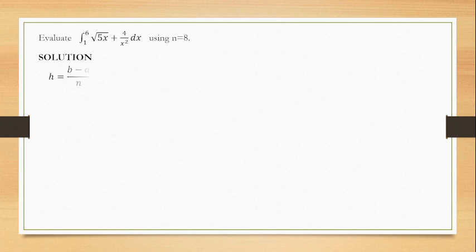Let's take a look at this example. Evaluate the integral of square root of 5x plus 4 over x squared dx from 1 to 6 using 8 subintervals. Solving for h, we'll have 6 minus 1, which is 5, divided by 8 equals 0.625. Next, we will solve the value of the function using the different values of x. Forming our table of values using the solved value of h, we'll have